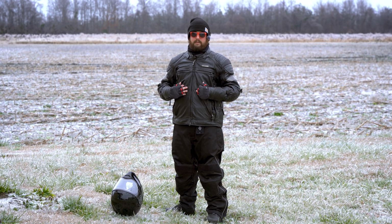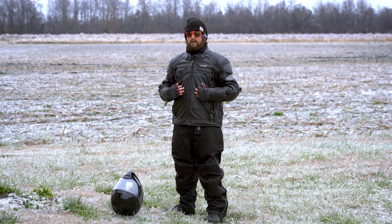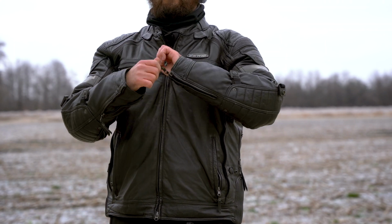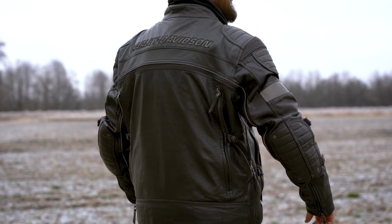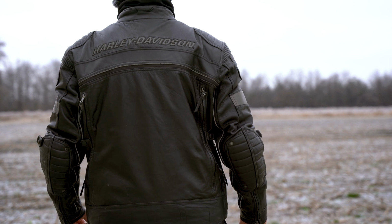And leather is really one of the best garments for keeping wind out, and also for offering that protection, because since we're riding motorcycles, that's also something we have to keep in mind. Since we're riding in worse conditions, being a little bit more prepared for a slide or something like that. So it's really nice to have a jacket that's got armor in it, and leather offers really good